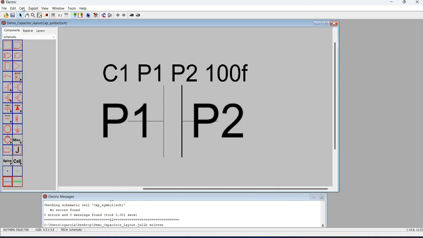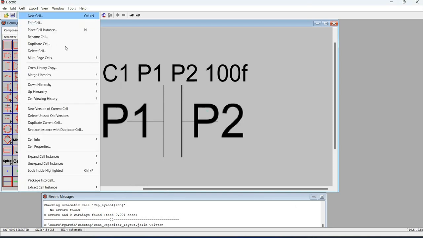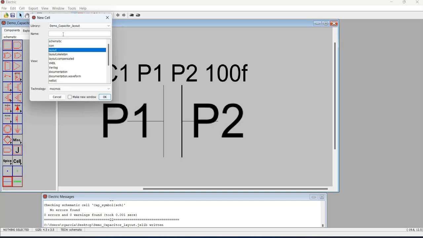For the layout, you can use cell, new cell, layout, then you can use capacitor layout, or if you already have a value in mind, you can type the actual capacitor value.